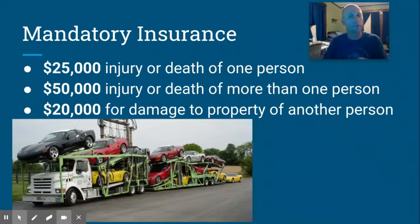A lot of people do, but you don't have to. All right, so mandatory insurance. These are the minimums. This is the least amount of insurance that you're allowed to have. Okay, the minimum insurance that you're allowed to have is